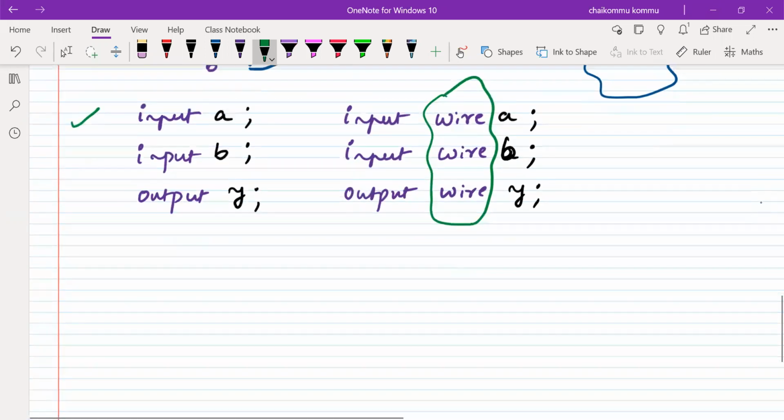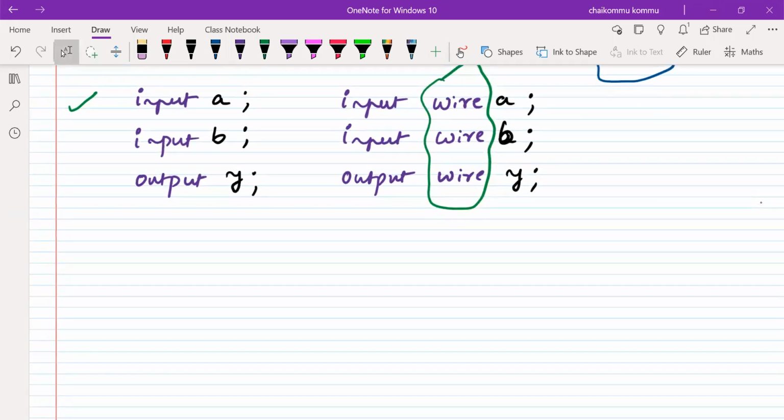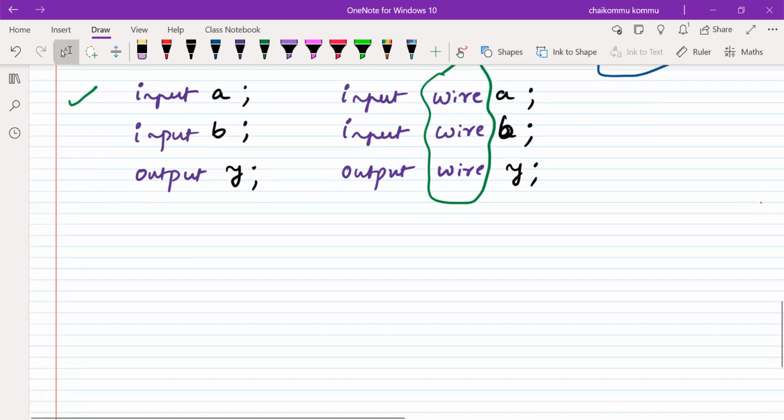Similarly, for the strengths, for each and every line we are assigning some value, and that value has a strength somewhere. Therefore we have to mention the strength also. So what I have to do is write the strength of the signal something like this. For example, here I am writing in this way.